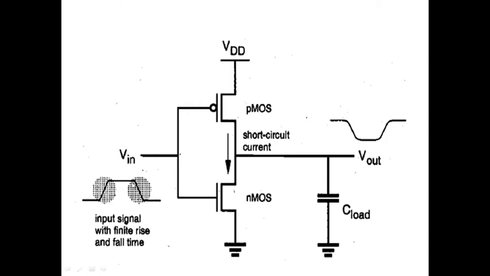So during this event, your PMOS will start conducting, but at the same moment, NMOS also remains in on state. Because of this, both the switches are turned on and a finite amount of current will flow from VDD to ground. So this current is also known as short circuit current. Because of this, whatever power dissipation takes place is called short circuit power dissipation.